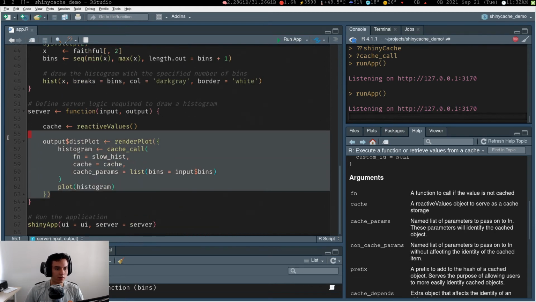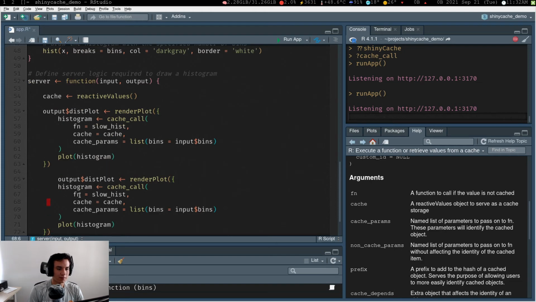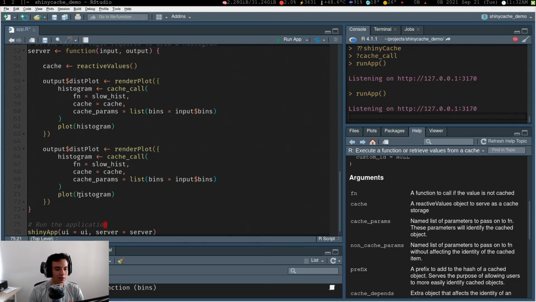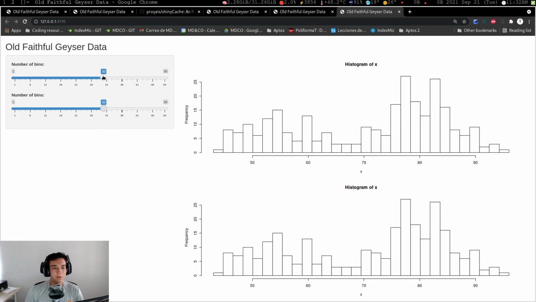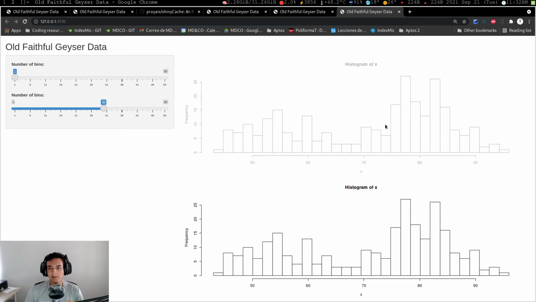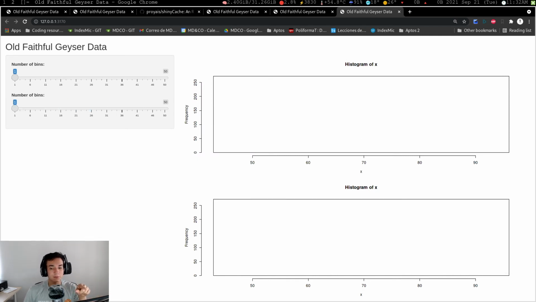So right here, let's copy this render plot. And I would have the same cache call, right? But instead of bins1, it would just be bins2 and output this plot2, right? Let's save this. Let's run it again. So right here we have two plots, and let's say I move this one to 1, right? It's going to take some time to calculate this one, took 2 seconds. But if I move the second one to 1, it's going to go instantly because it's already been calculated, so